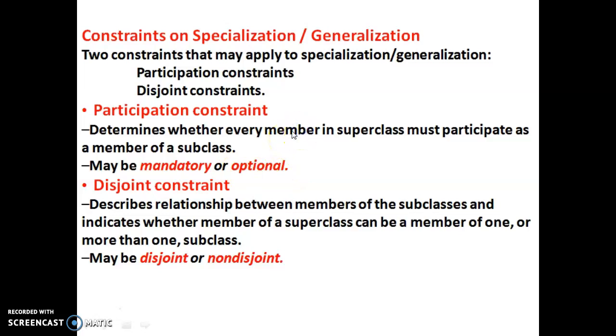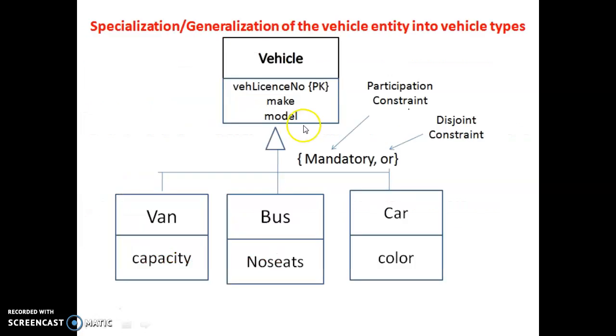A superclass subclass relationship with mandatory participation specifies that every member, that is every entity occurrence in the superclass entity type, must also be a member of a subclass. To represent mandatory participation, "mandatory" is a term placed in curly brackets below the triangle that points towards